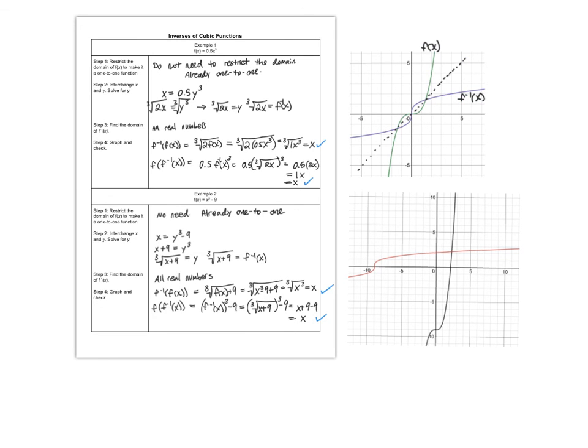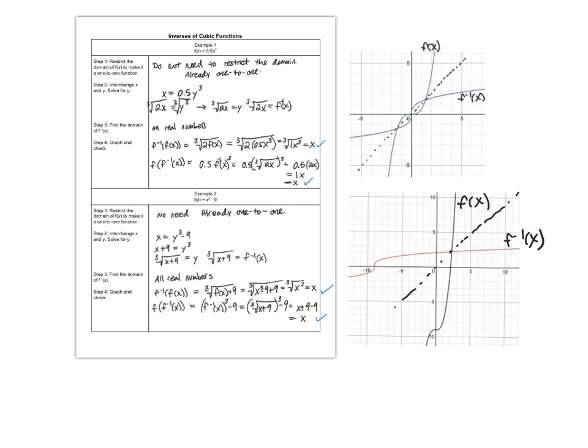And now let's check out our graph. All right, so we have f of x and we have its inverse. And yes, these are symmetric about y equals x. So all looks good. So let's just review the process that we use to find the inverses of quadratic and